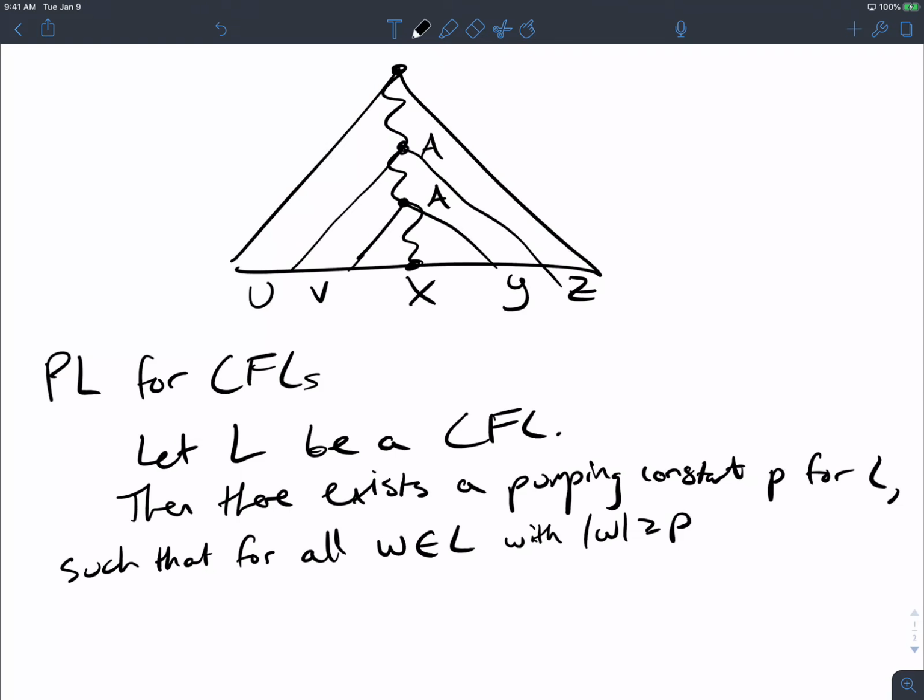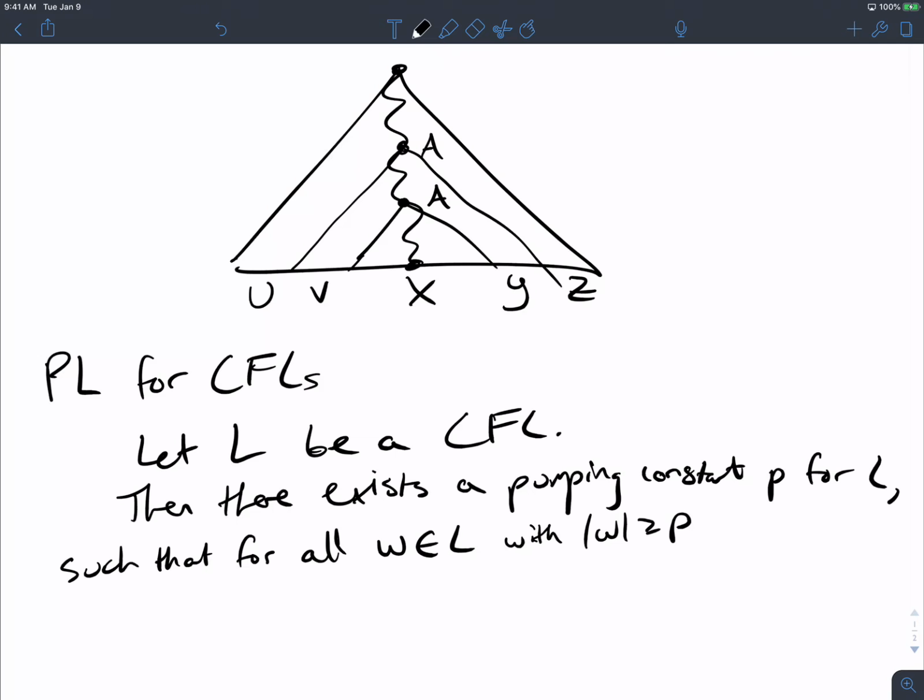Could it be that I just make the string longer and longer, and the tree keeps getting bigger, obviously, and there's no repetition, no matter how big I make the string? Well, consider a completely full binary tree, and let's just say that the height of the tree is exactly p. If I make the string one character longer than what it requires to be a full binary tree, doesn't that require that the tree become one level deeper? Yeah. And so then we have the height of the tree being p plus 1.